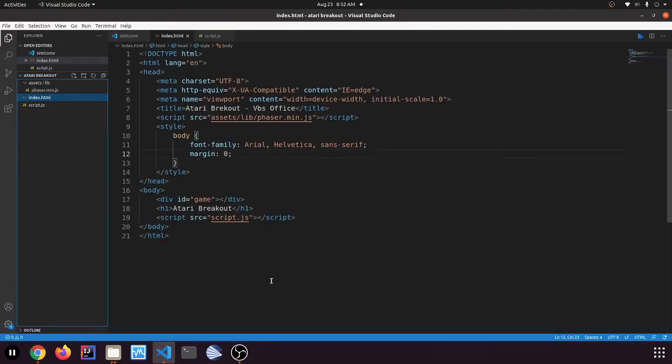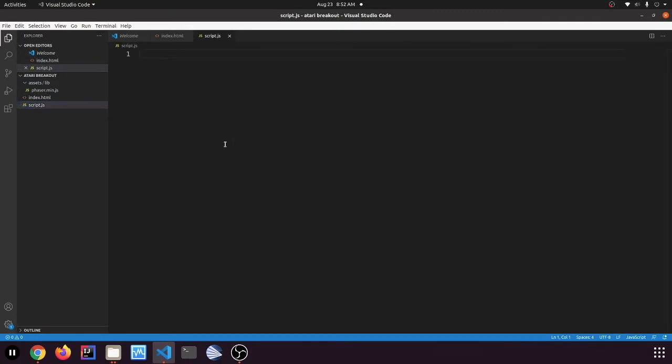So now we need to start working on the actual game. So open up script.js, and we're going to need some starting code, which you can get from the description, no, just follow this. Okay, so the first thing we need to do with this is to make a game configuration,